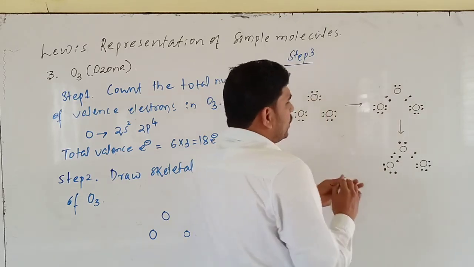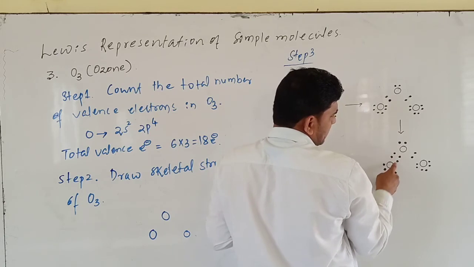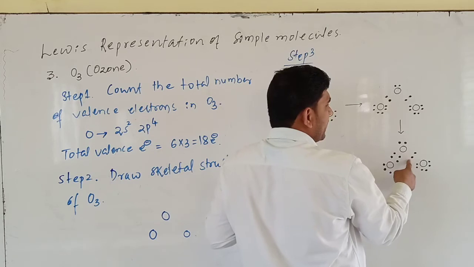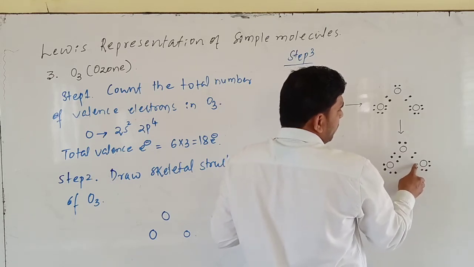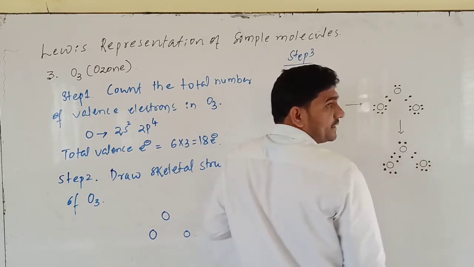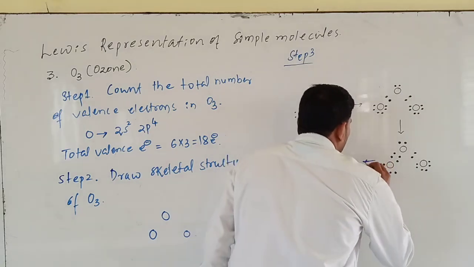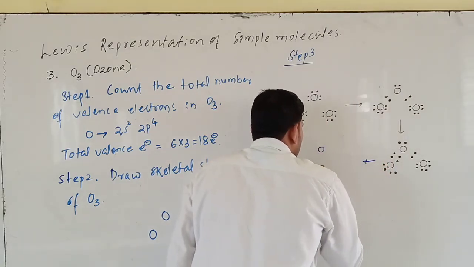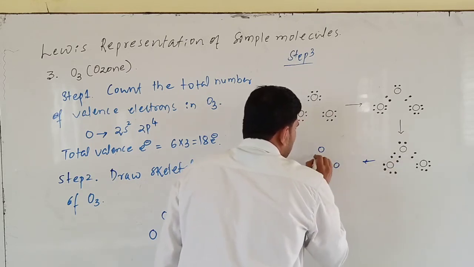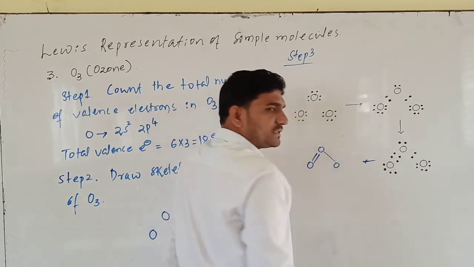See, now all the oxygen atoms attain what? Octet. See, 4 plus 4 is 8. These 4 electrons belong to both the oxygen atoms. 4 plus 2 is 6, plus 2 is 8. Again over here, 6 plus 2 is nothing but 8. All oxygen atoms satisfy octet. Now you draw the structure. How to draw? See, ozone is like this. Oxygen to oxygen, over here 4 electrons are there, means a double bond. Over here 2 electrons are there, means draw a single bond.